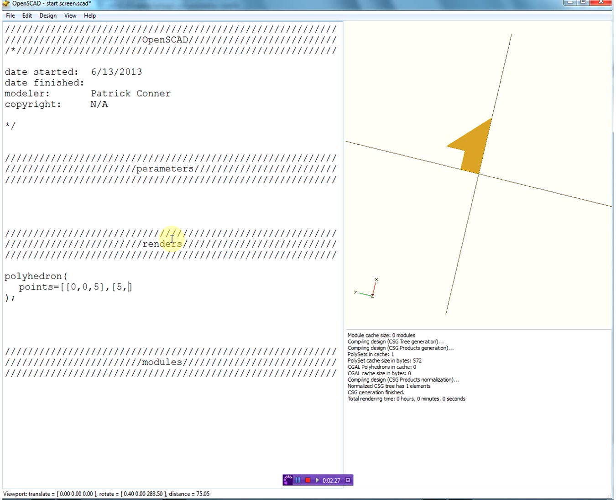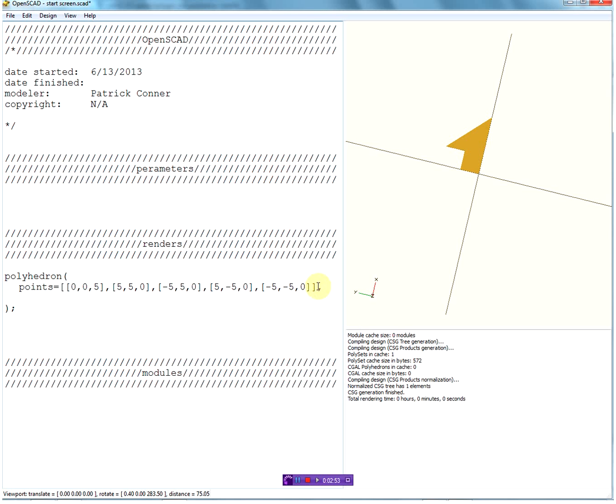Then we do 5, 5, 0, and then negative 5, 5, 0, and then you do another one, 5, negative 5, 0, and then another one, negative 5, negative 5, 0, and I think that's all our points. And then a comma after the points, and then another tab, and you go down, and you do the most painful part, which is the